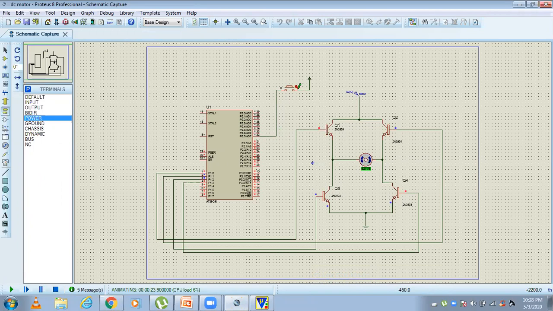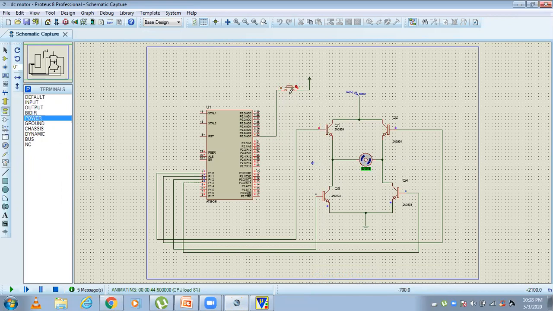Now the switch will be closed, which means the motor has to rotate in the anti-clockwise direction. Closed means plus 5 volt goes to pin P0.7. Now see, the motor runs in the anti-clockwise direction.